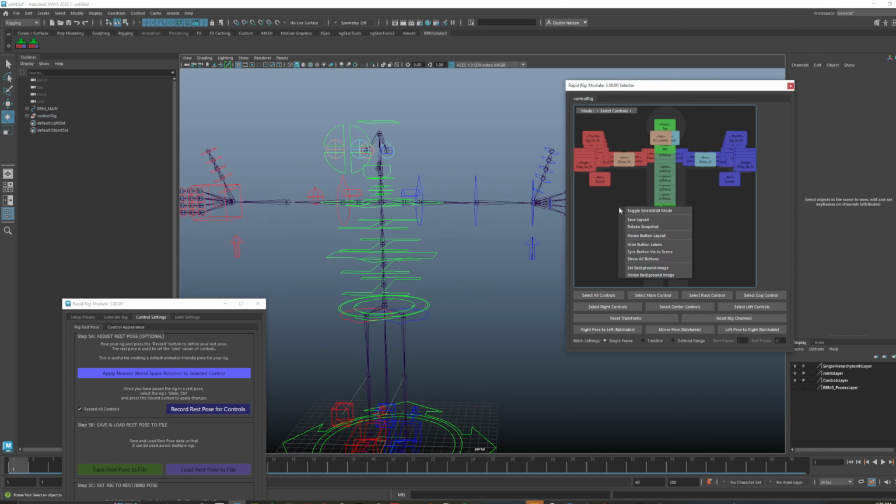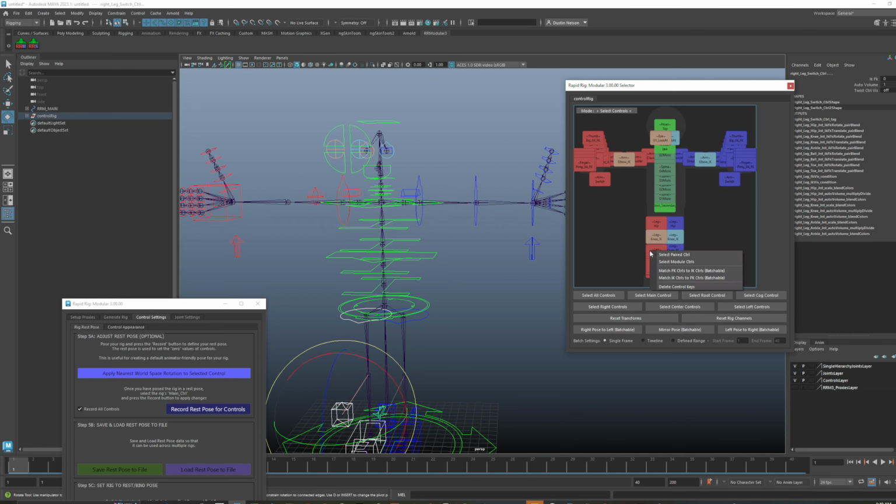Okay, so right-clicking here, we saw that we have the retake snapshot. What that will do is record the button's layout based on the world space. So you could pose it and then take your snapshot. We could also do a little bit of cleanup, so we can hide button labels if you don't want to see the labels. We can sync button visibility to scene. So if you don't want to see the micro controls or the IK controls from your FK, you could just click that, and then it will only show you the controls that are visible. And we can set it back to show all buttons and everything will come back. You could also select certain buttons and you can say,